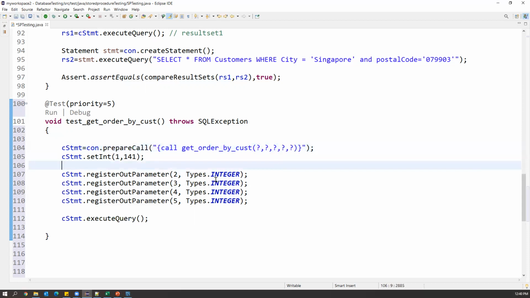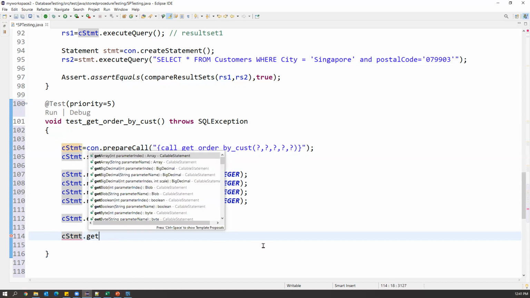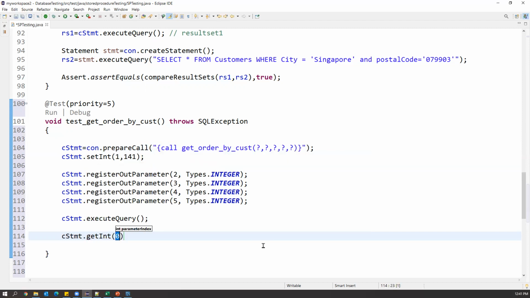Now we will be able to access these output variables. How to access these variables? Simply, we can take the same statement object dot getInt, the first method. The first output parameter is an integer type. In which position is it? In the second position, so I said 2 here.